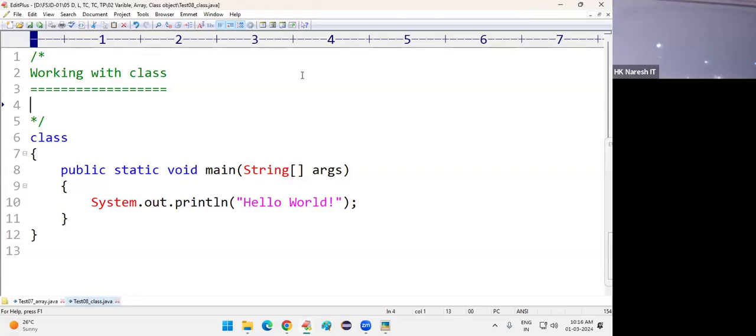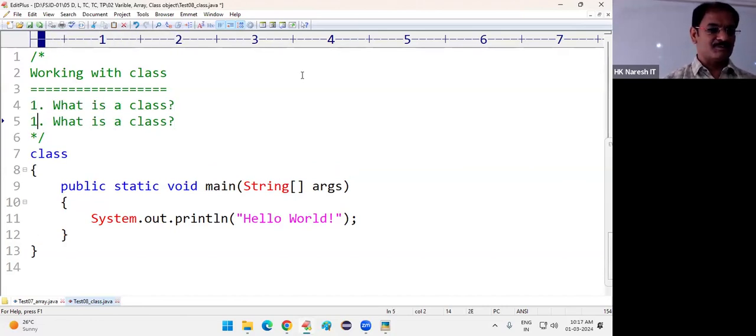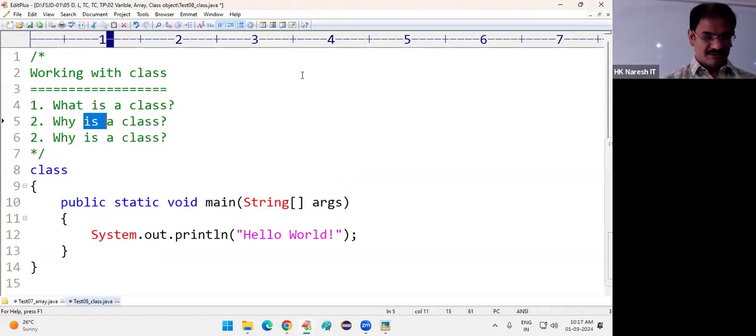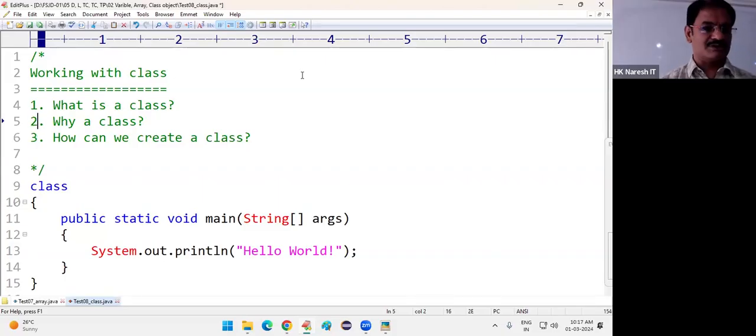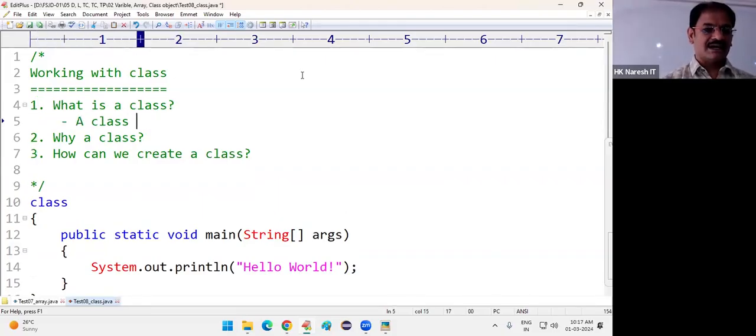So similarly, class is a predefined data type or a user defined data type. Tell me, what is a class? First question always: what is a class? Second point, why class? Third, how can we create a class? 3 questions. Come on. What is a class? A class is a user defined